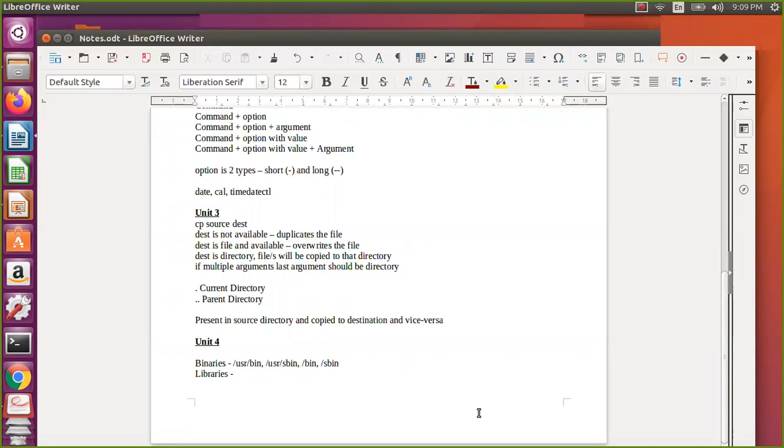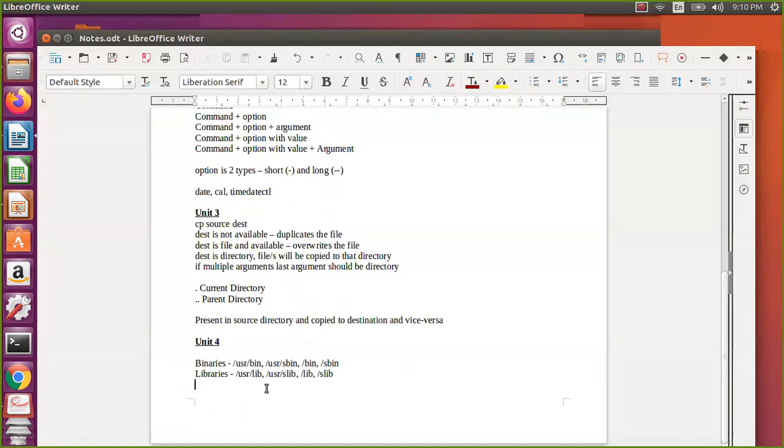Let us assume I have a library X. This library X can be used by ls, by pwd, or some other command. I'm just taking an example. So those are the libraries, a collection of object files. Usually this is also the same: /usr/lib, /usr/lib64, /lib and /lib64. You should not be surprised if you don't find a couple of things in a couple of directories. It depends on the Linux system. In my case maybe something may be available, some may not be available.